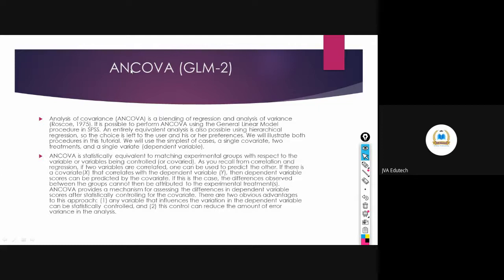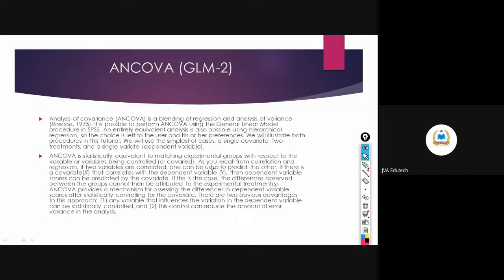So it's up to you whether you want to do the ANCOVA or the hierarchical regression. This ANCOVA is statistically equivalent to matching experimental groups with respect to the variable being controlled, the covariate that is affecting the relationship. You are controlling that variable, and it is known as a covariate.